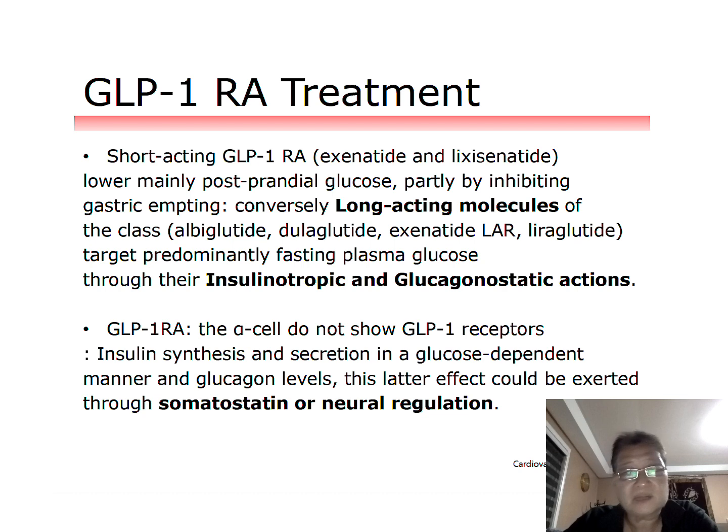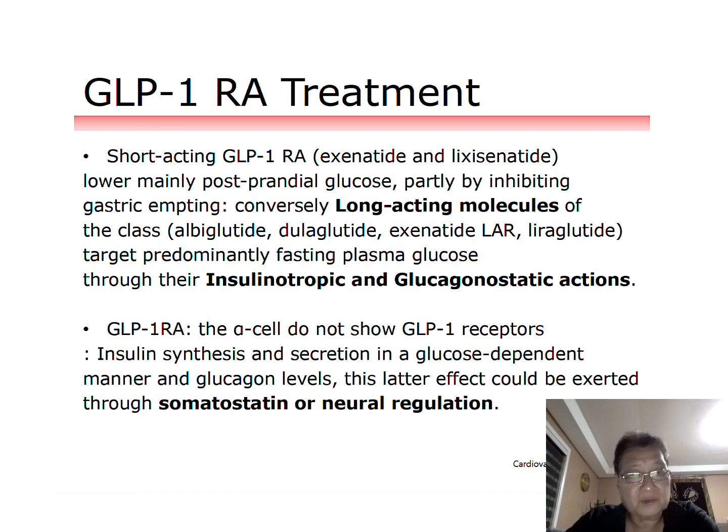So basically, there are two types based on the duration of action. There are short-acting, exemplified by exenatide, the original one, which is given twice a day, and lixisenatide. These lower mainly postprandial glucose, partly by inhibiting gastric emptying. Conversely, long-acting molecules, for example albiglutide, dulaglutide, exenatide LAR, or long-acting release, and liraglutide, all target predominantly fasting plasma glucose through